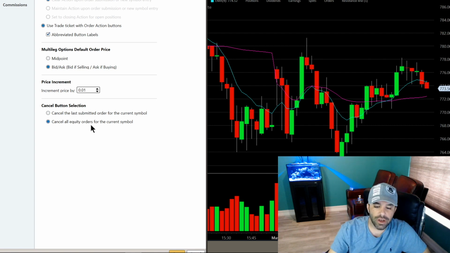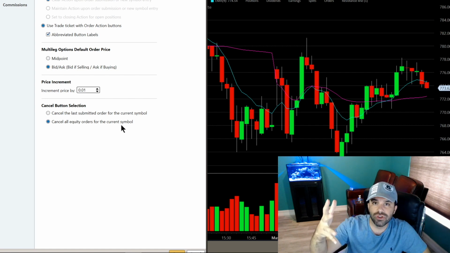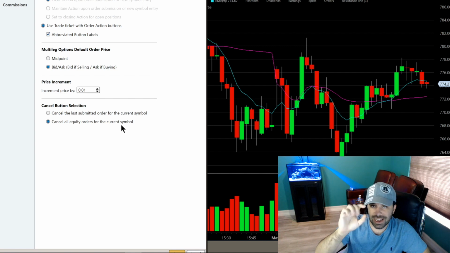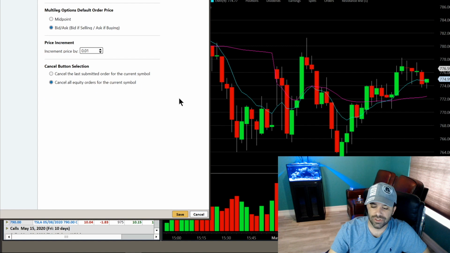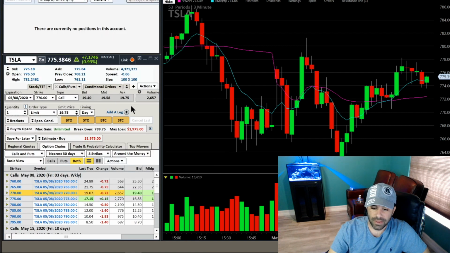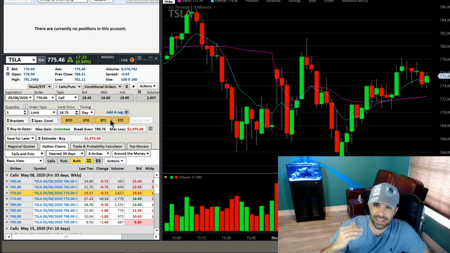So I have cancel all equity orders for current symbols because generally that's how I like it. So if I have 2 or 3 orders out there for the same symbol and I click cancel, it'll just cancel all of them instead of just the very last one that I did. So that's it. That right there is how I've solved that issue. Now, honestly, I wish I could get rid of most of this stuff here because it's just so clunky. But so far, I think this is going to help out tremendously so that I don't have that issue again. So I hope this video helps you a little bit more on customizing StreetSmart's Edge,